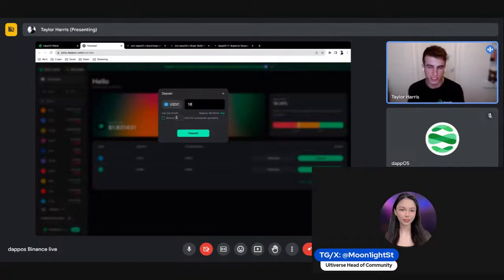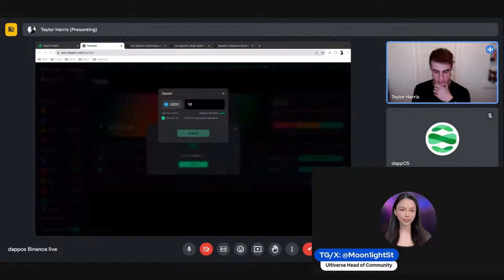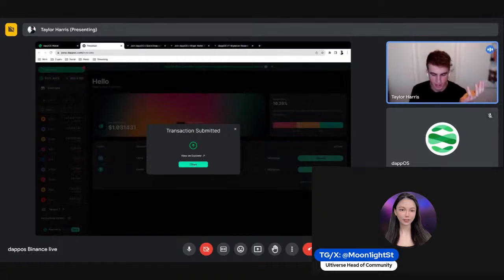There's a special function right below where it says reserve. If I want to, I can keep 2 of that USDC, for example, for gas fees. So I'm going to reserve 2 of those, equaling 8. I'm going to deposit, it's going to be a gas fee, and I'm going to confirm. Sign on MetaMask. Okay, awesome. And then you get the option to view and explore if you want to. You're able to see exactly what happened, and see the hash.